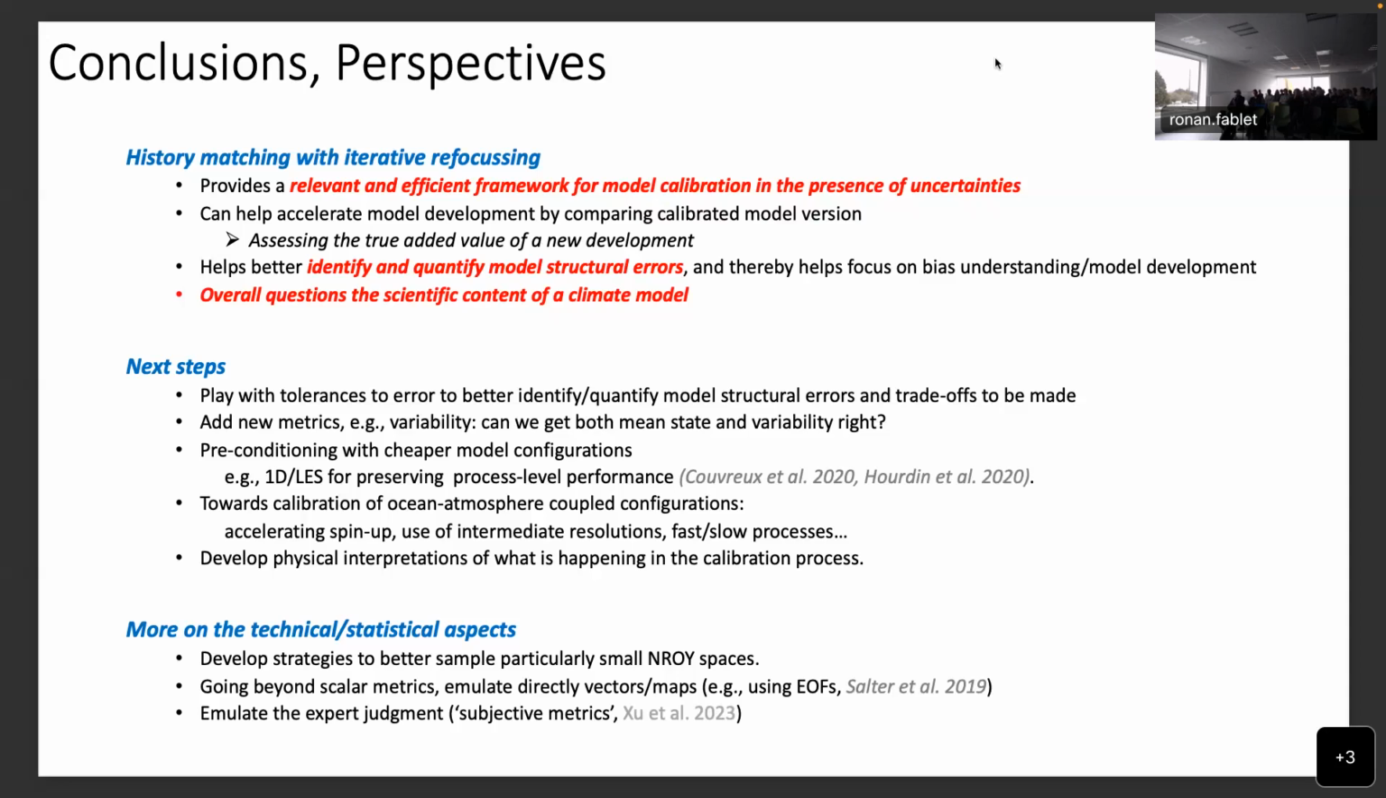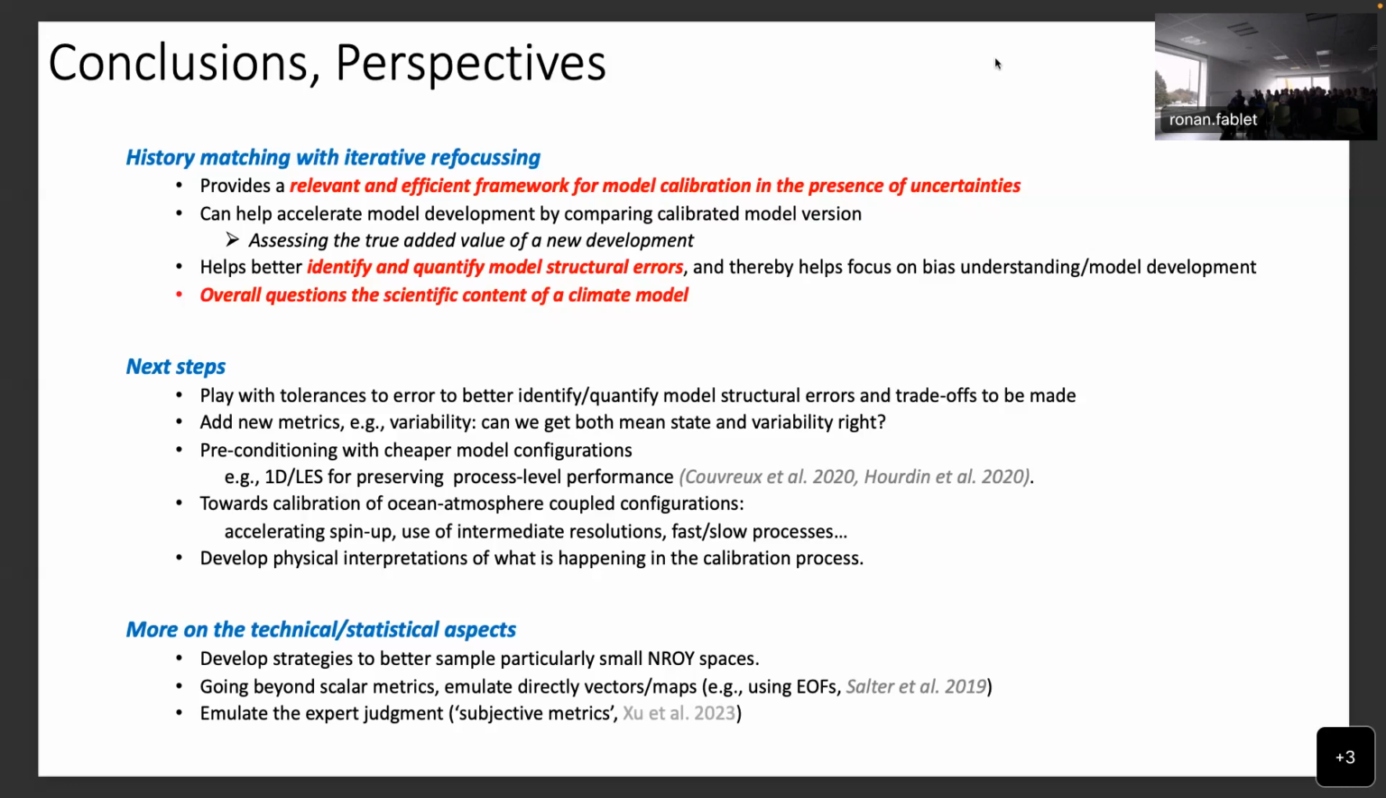Maybe more on the technical or statistical aspect. As I said, we start to have a very tiny volume of the input space that we need to sample to document, and it starts to be really difficult with the methods we are using today in those tools. I was using only scalar metrics, but of course we would like to be able to emulate vectors or maps directly. And there are a few proposals in the literature. And recently, Wayne J. and collaborators showed that we can even emulate the expert judgment,